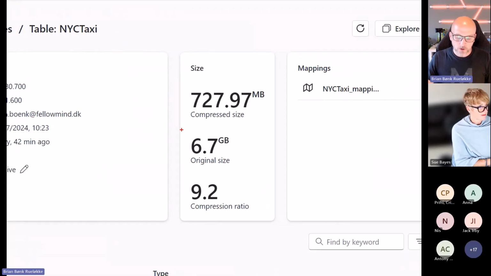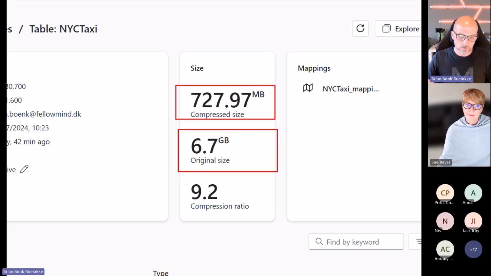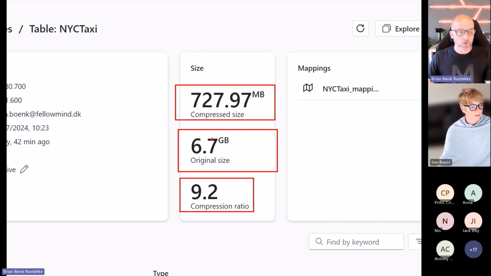As I told you, if you get the free cluster, you get 2 gigabytes of data storage. That is quite fine because I have 31 million rows and I am only storing plus 700 megabytes of data because data is compressed in a factor of 9.2. So the original data size was 6.7 gigabyte. It is compressed in a factor of 9.2 and are now only around 730.